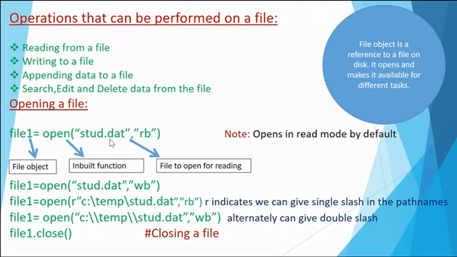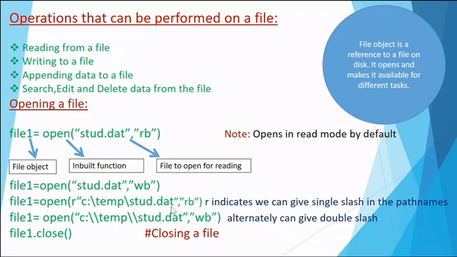Here you can see the difference. Instead of txt we have to use dat because it is in binary form, and rb is written because it is in binary format. file1 is the file object created to open stud.dat, which is available on the hard disk because we are trying to read. Okay. Now if you want to write, we have to write wb and open the same file. If it does not exist, since I have opened in write mode, a new one will be created for me.